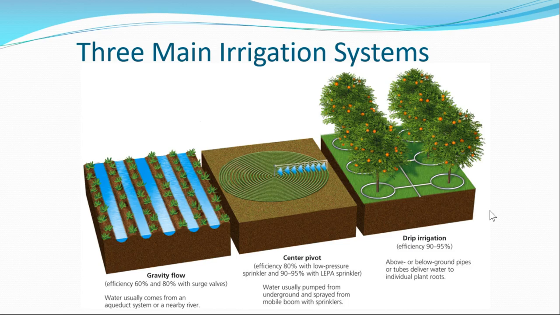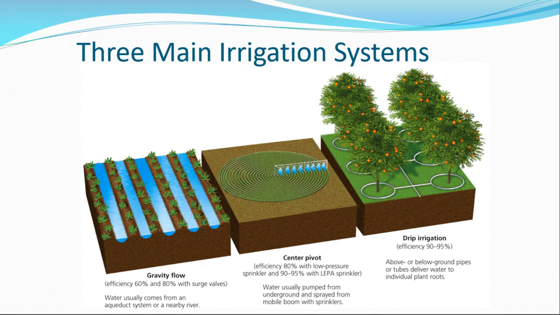There are 3 main irrigation systems. There is a gravity flow, where you essentially flood the field. It's sometimes called flood irrigation. You have a sprinkler system. Typically it's that center pivot where you have these sprinklers and they go around on a machine and they make these lovely circles. You've seen them. And then drip irrigation is the best out of all of them.